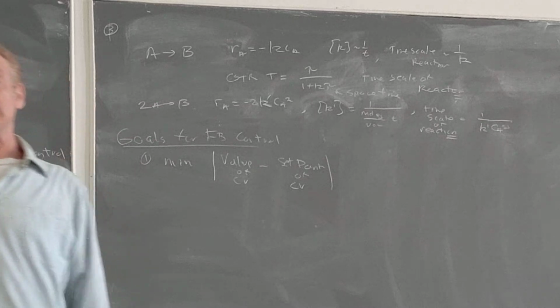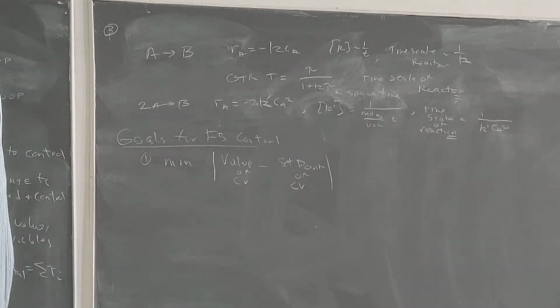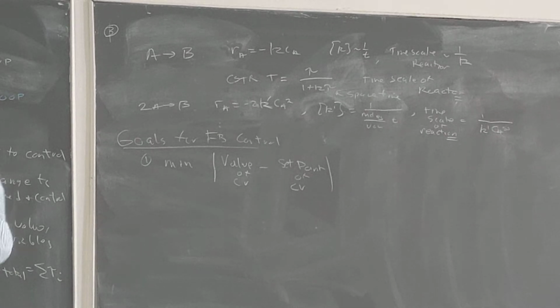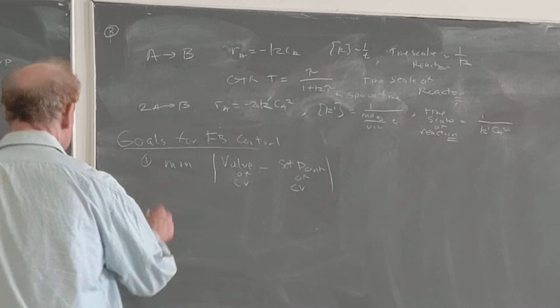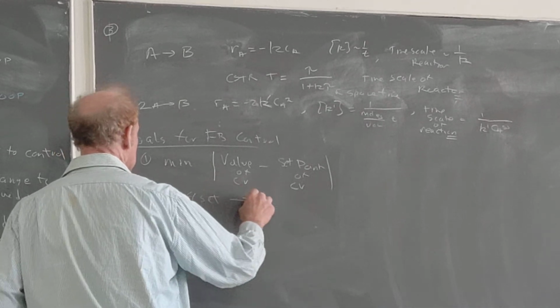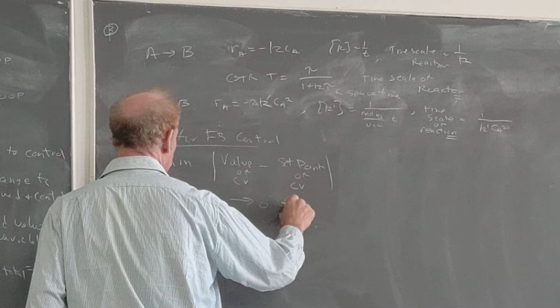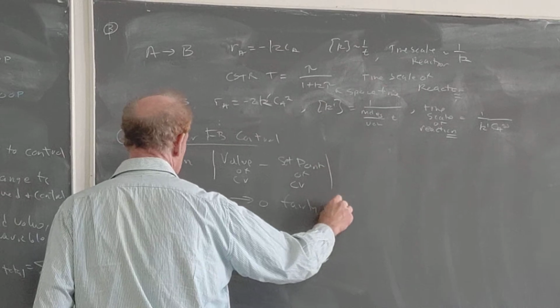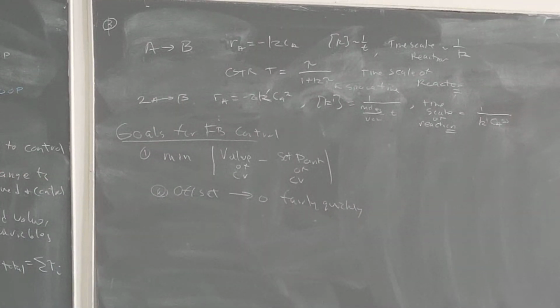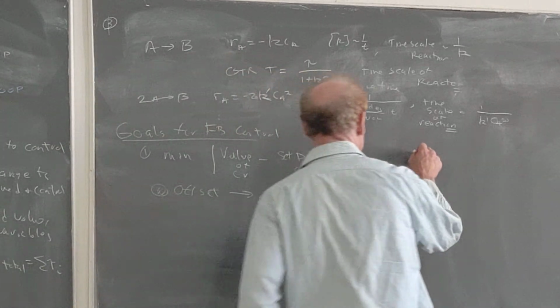Obviously, we want to minimize that. Another thing we want to do is we want the offset to go to 0 fairly quickly, whatever that means. First, what does offset mean? Offset means,